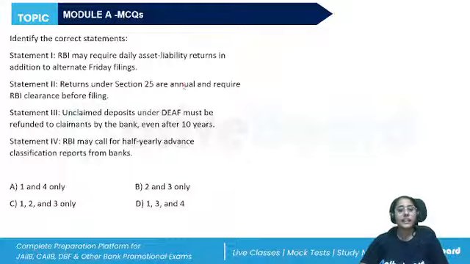So this is regarding the returns, right? The annual accounts and balance sheet. All the banks whose shares are listed with the stock exchange are required to publish their unaudited quarterly results. They are also required to prepare the balance sheet and profit and loss account at the end of each calendar year. I hope you remember all of these points. So, which of these statements are correct?